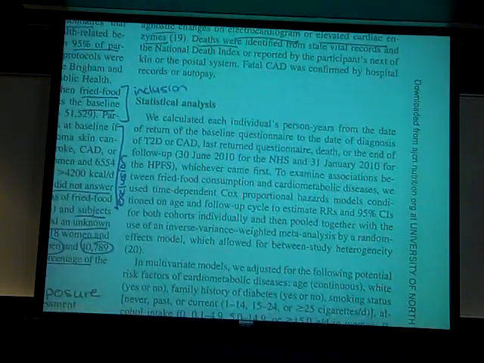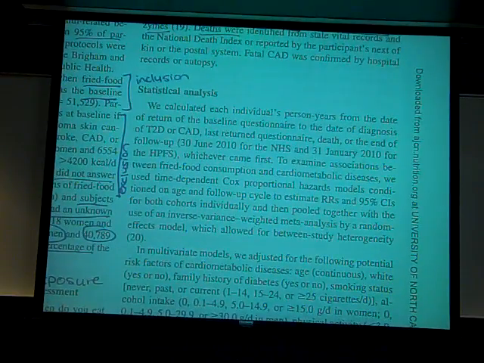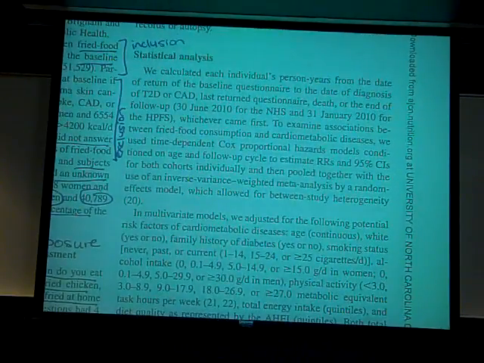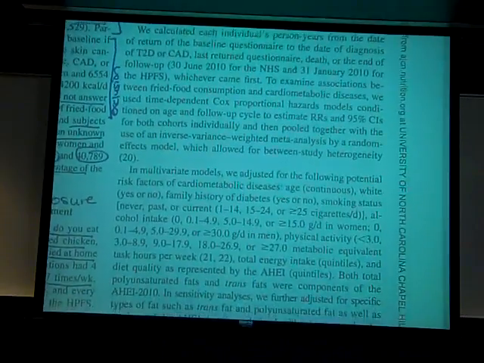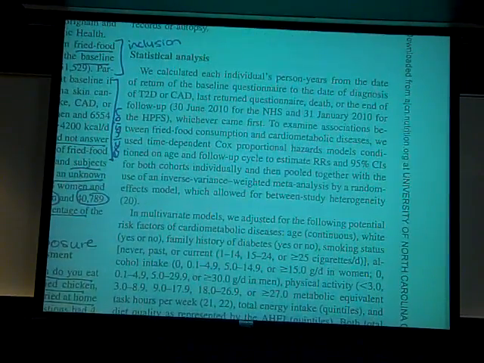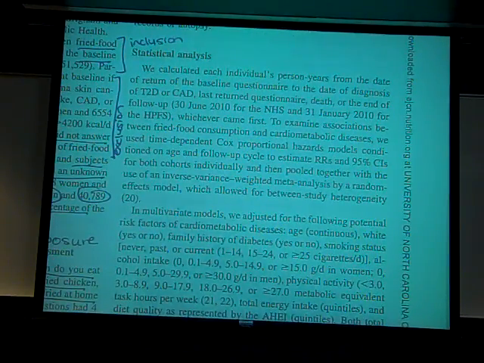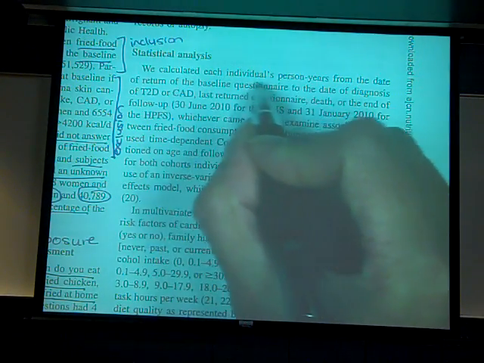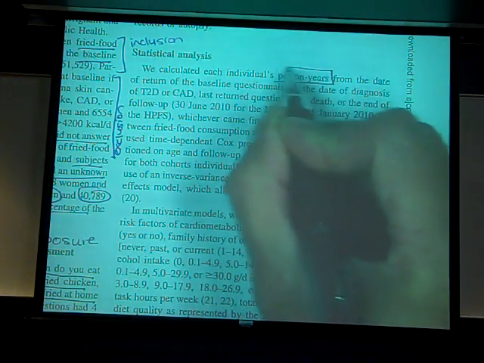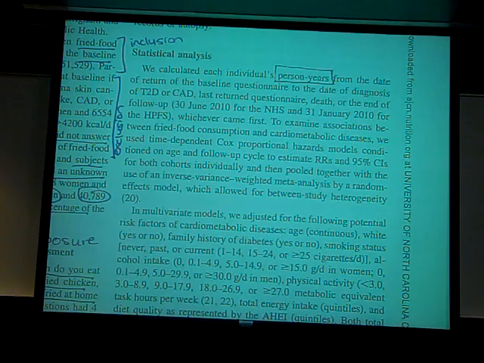So that's all the information about the exposure and the outcome. We can now move on to the statistical methods section. Right away, as an epidemiologist, the first thing I noticed as I'm reading the first sentence is that we calculated an individual's person years. Now you will learn about person years as this semester goes along, but person years for